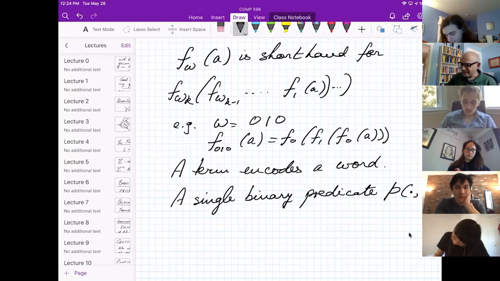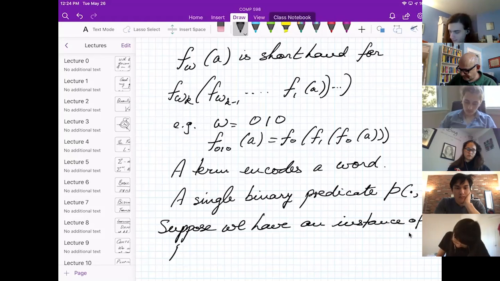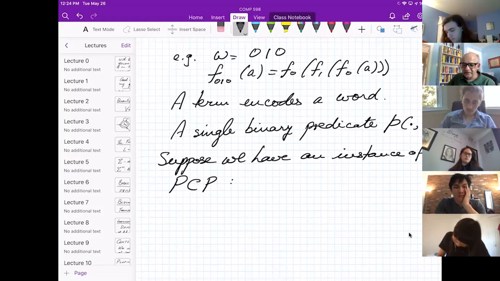Okay, good. So suppose we have an instance of PCP. So what does such an instance look like? And of course, I mean over this alphabet that I've already spelled out, namely 0, 1.